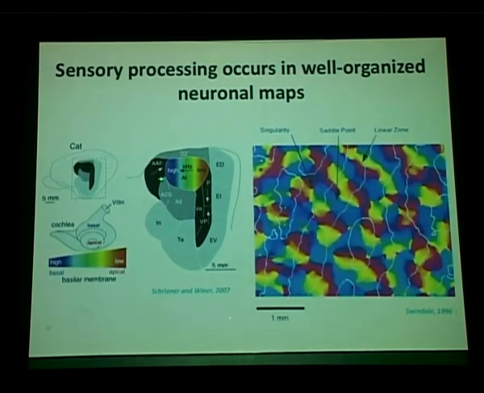where you have different locations along the neuronal tissue responsive to different frequencies of auditory stimulus. That is an auditory map sitting inside the auditory system. Or you could have a visual map over here; you have various different maps in the visual system. You have the retinotopy, where neurons located adjacent to each other are mapped onto locations which are adjacent to each other in visual space. And you have orientation maps, where if you traverse along a certain direction,